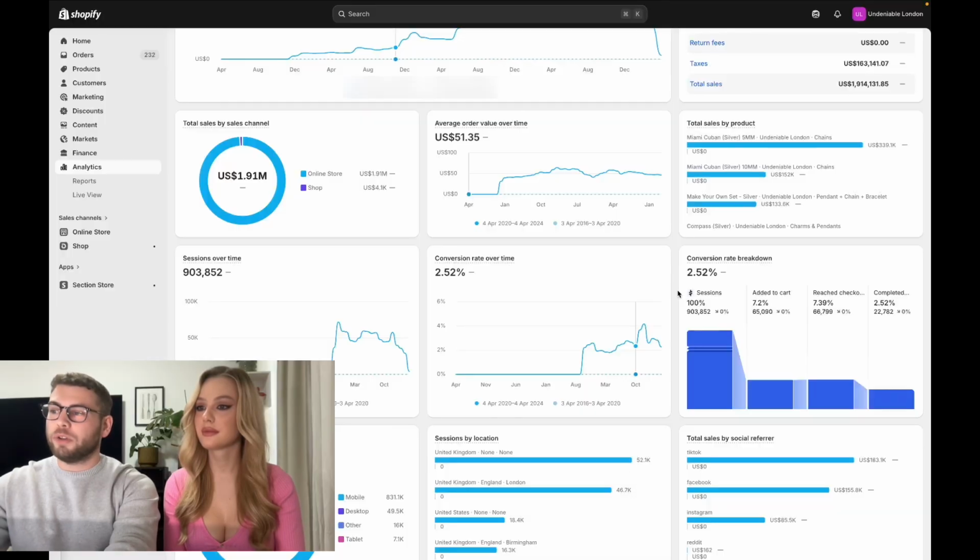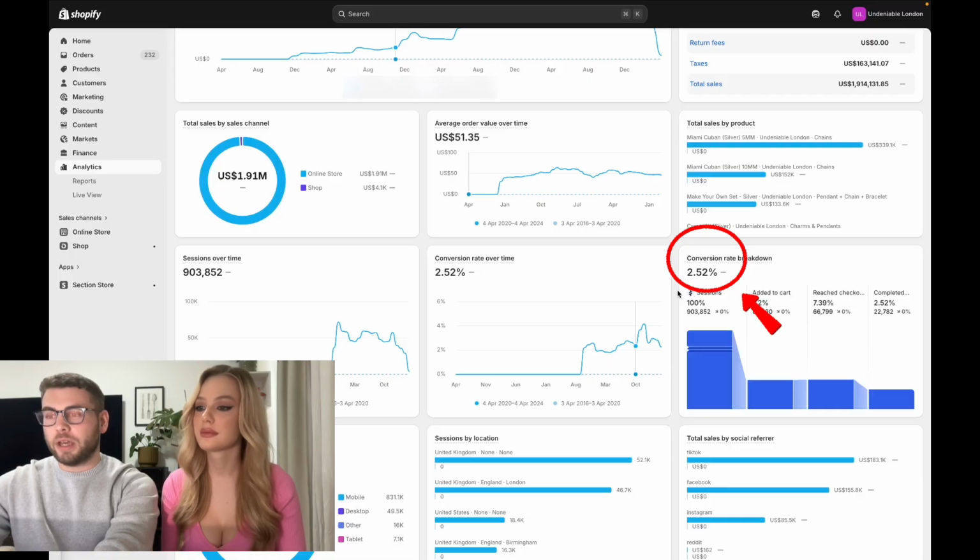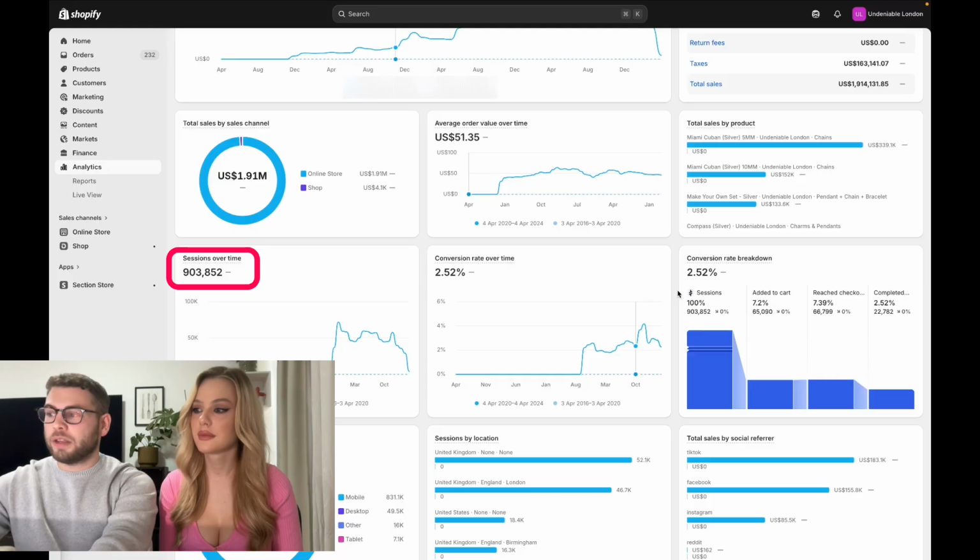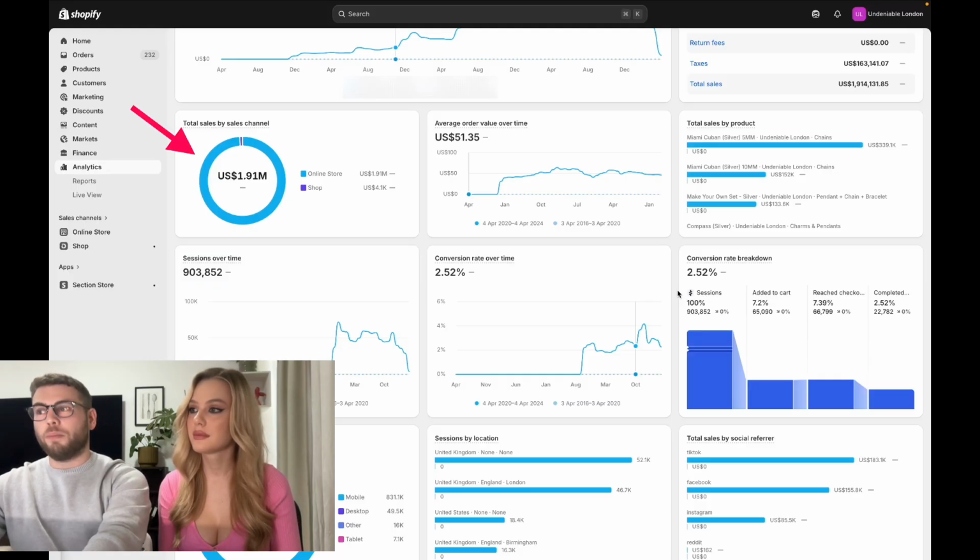On the screen here, you can see the Shopify dashboard, and this is tracking all the sales over my brand Undeniable London. And this is taken from past data. You can see the metric here, that is conversion rate breakdown, and this is 2.5%. Now this means for every 100 people, 2.5% of the visitors are purchasing. You can also see here, there's over 900,000 people that went on the website with a total sales of 1.9